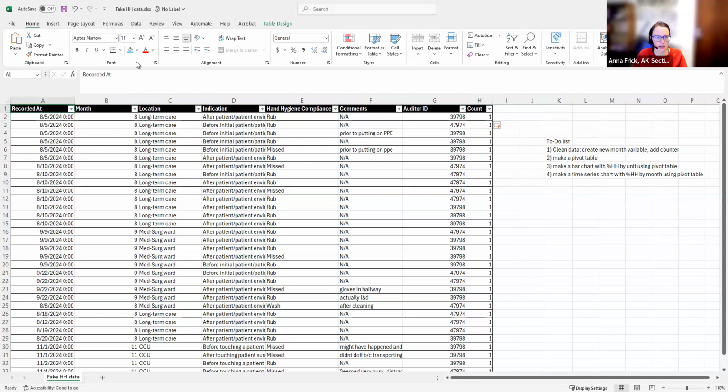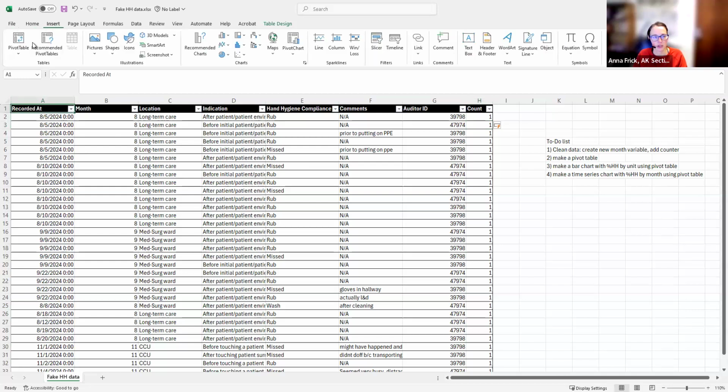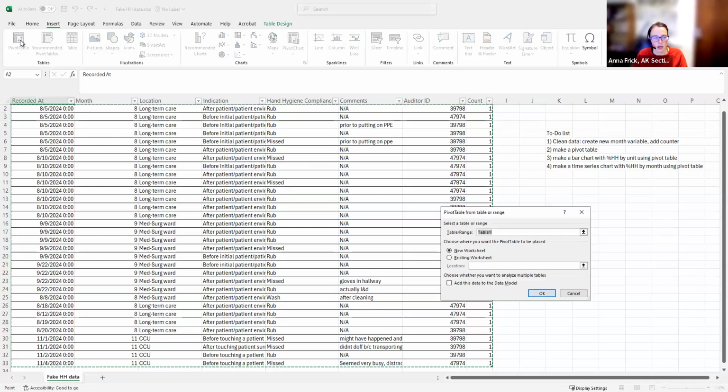Then the next thing that I'm going to do is go to insert and then hit pivot table. When I do that, it will ask me what data I'm going to make into a pivot table. Excel has a naming convention for things that are official tables, so it has named this one Table1, which is fine with me, but it's something to pay attention to. If for some reason you have several tables or you've had to untable and then reformat as a table, it might have a different name and it's worth just noticing that. I do want my pivot table to be in a new worksheet. I usually do want to do that, so that's what I'm going to do.